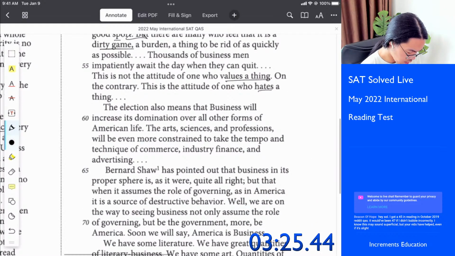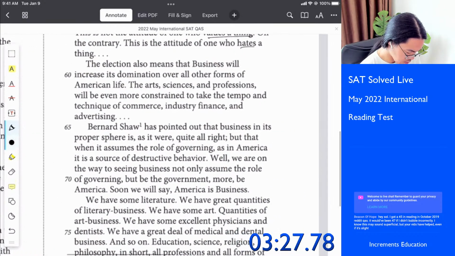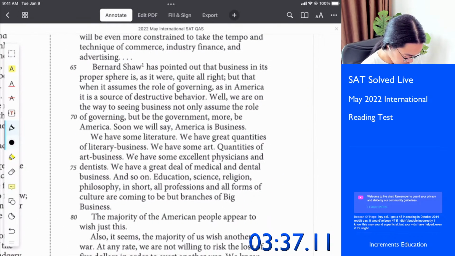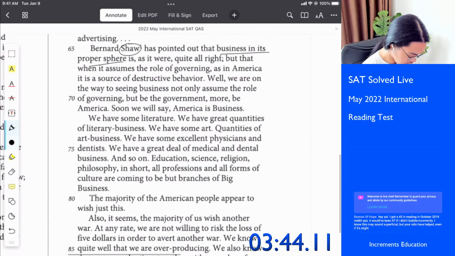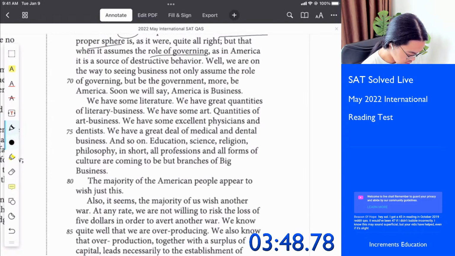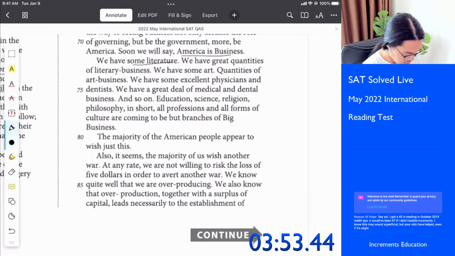These people who know they are not profiting by it, these business people, we're being too business oriented. Bernard Shaw is pointing at business profiteer. It has a proper spirit, but it cannot be governing. We have some literature, but we have lots of business. We have some art. We have lots of